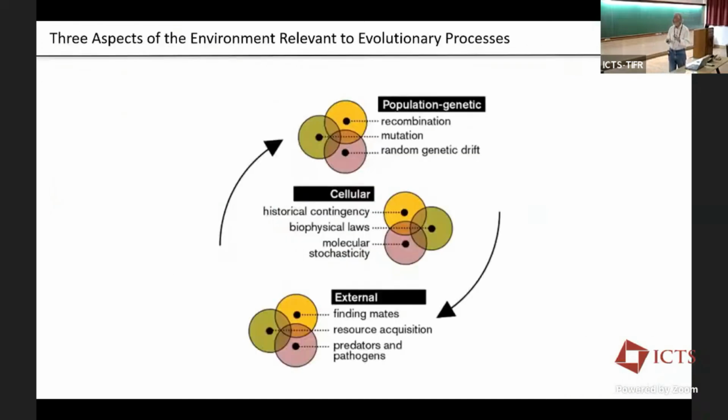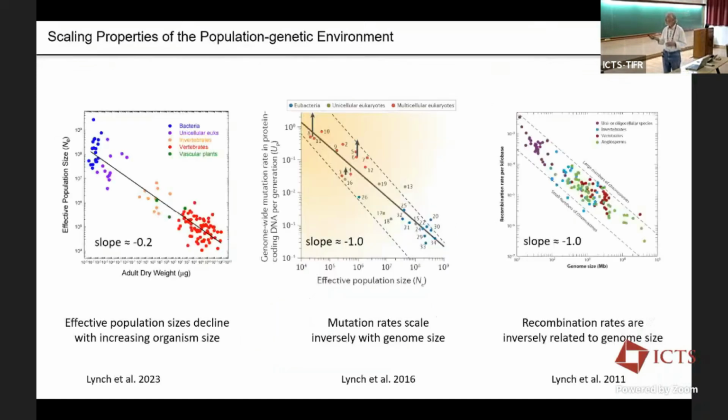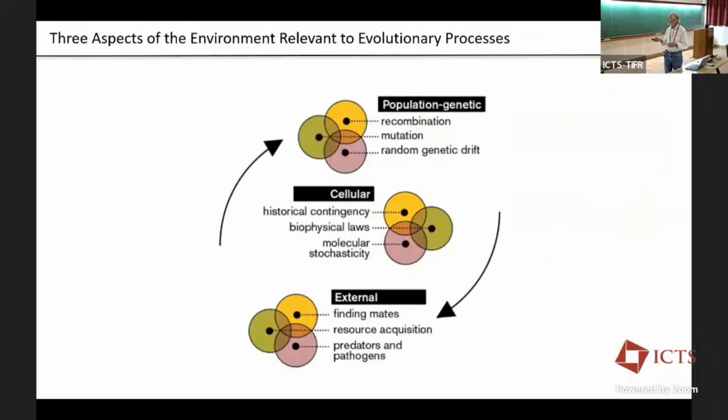So the way I like to think about evolution, it's a triad of triads. Down at the bottom is what most evolutionary biologists are thinking about, things going on outside of cells: finding mates, finding resources, food, and avoiding bad sorts of things. Cell biologists have taught us a lot about what goes on inside cells, and this turns out to be quite important and useful, trying to understand the basis of environmental variation between cells.